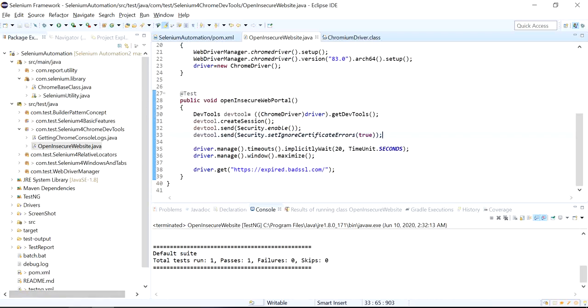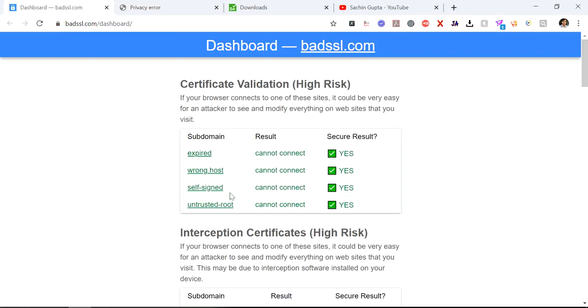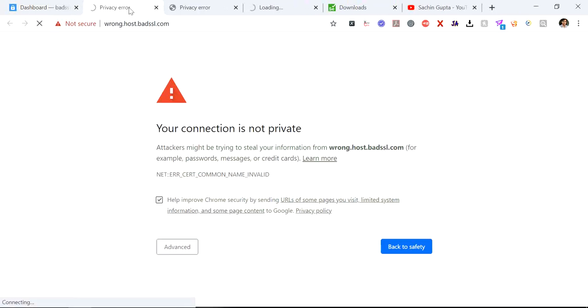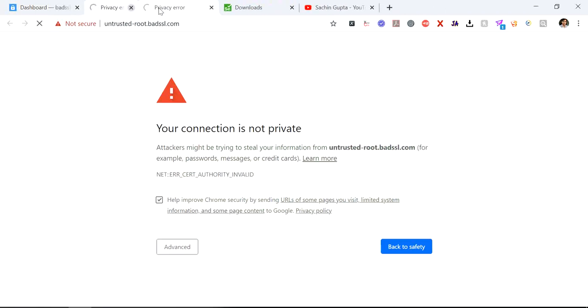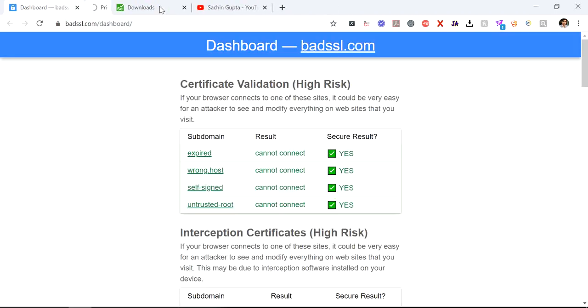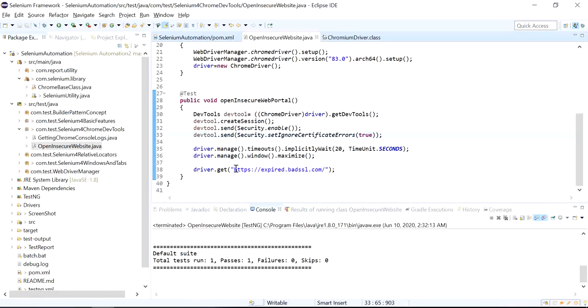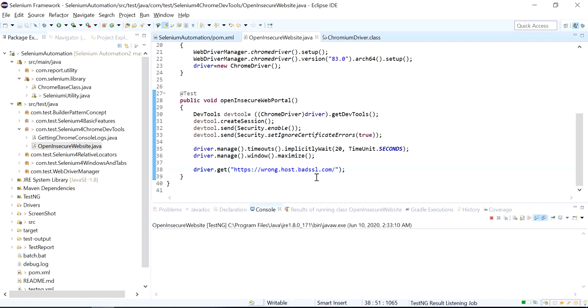Okay, let me try to open other websites as well. We can see wrong host, self-signed, untrusted. So let me show you. I am unable to open these when the URL is different for all. So let me check all. Are we able to open using this? This is a wrong host. Let me open.